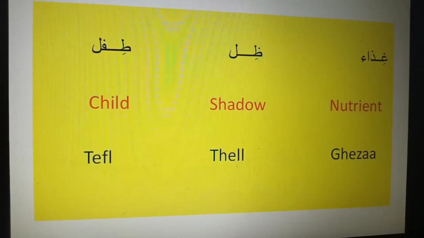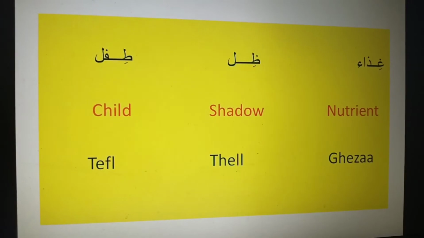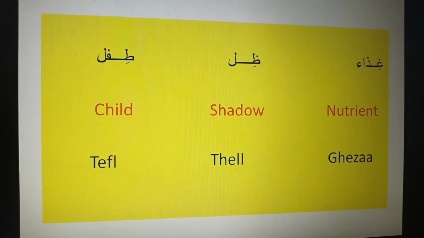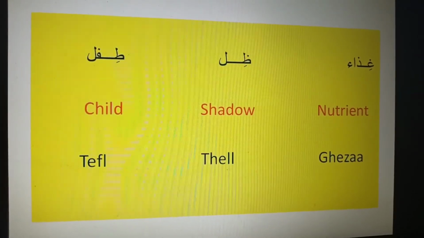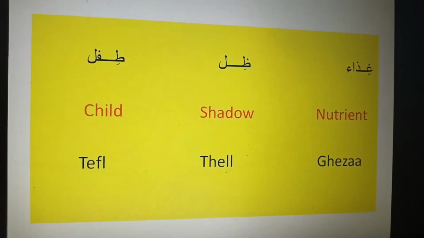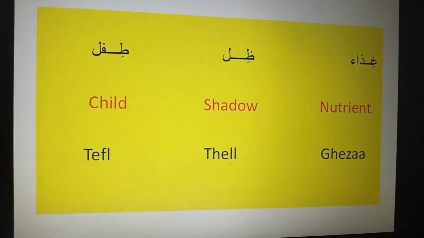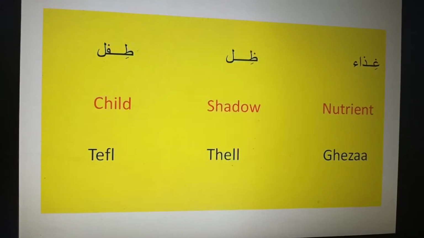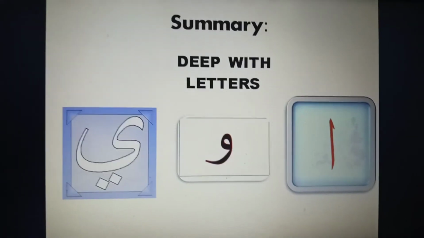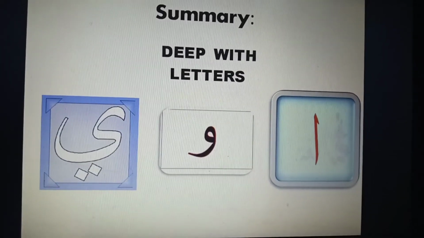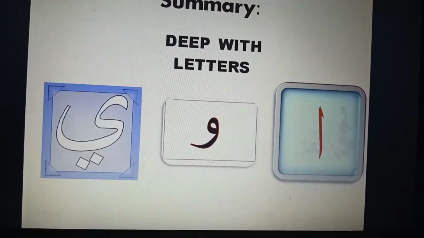And we have here طفل. طفل stands for child. It consists of 3 letters. The first one is T, stands for T, and it has kasra below it, so we added E. The second one is F, Fa stands for F, and the last one is Lam, which stands for L. طفل. So the summary is that if we have the three long vowels, alif or waw or ya,